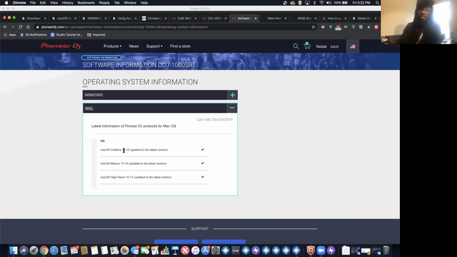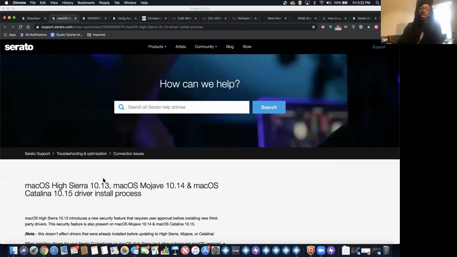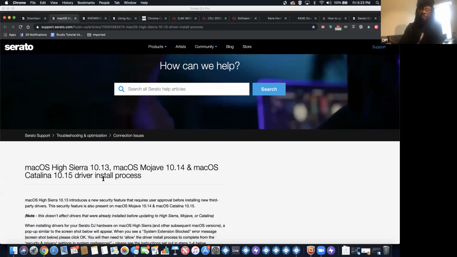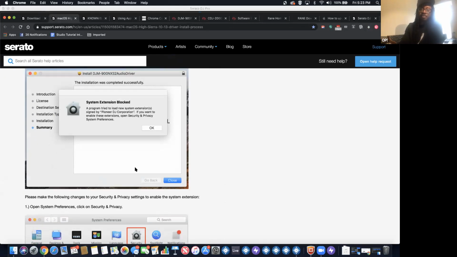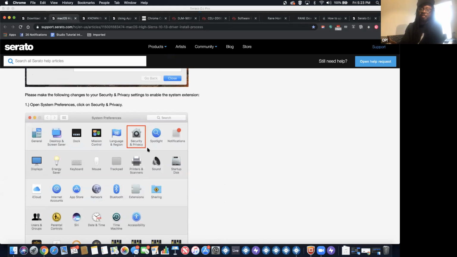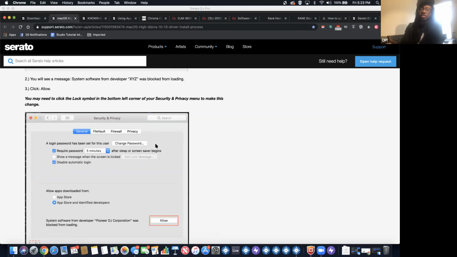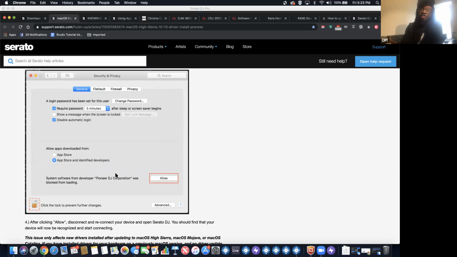But if you do move to Catalina, there are some steps you need to take to make sure everything is working right. So the next step with that is this. For High Sierra, Mojave, and Catalina, Apple has changed the way the security and privacy settings work for Serato and also for a number of other programs as well. So for example, when you install a driver for High Sierra, Mojave, or Catalina, you want to make sure that as you're installing the driver, you go to the security and privacy settings in the system preferences. And you need to make sure that you allow whatever driver it is that you're installing to be installed, right?